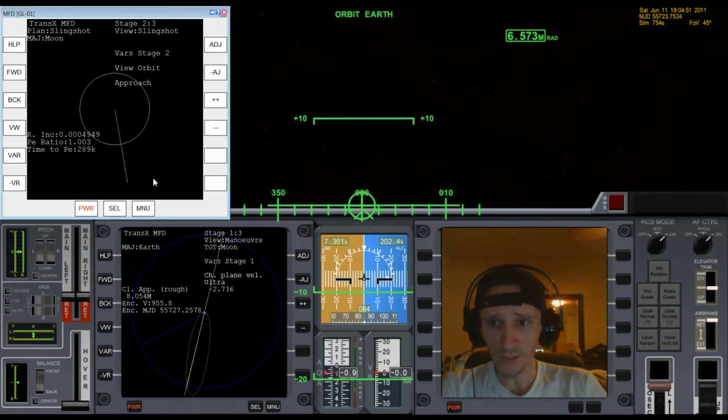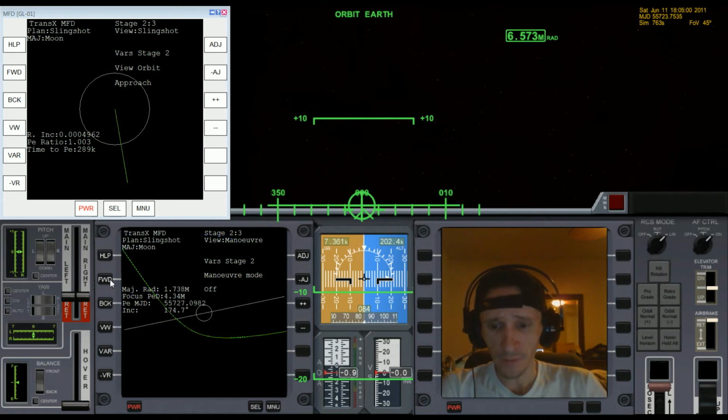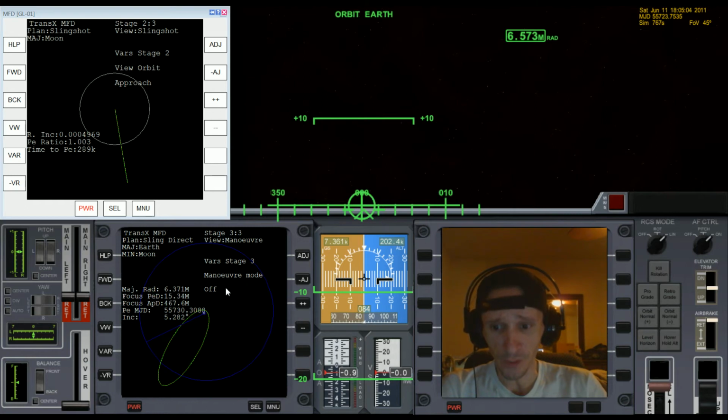So now I have the Slingshot set up, but there's still something else I want to look at. On this MFD, I'm going to need to go out to stage 3. And in stage 3, I'm going to see that my focus PED is showing